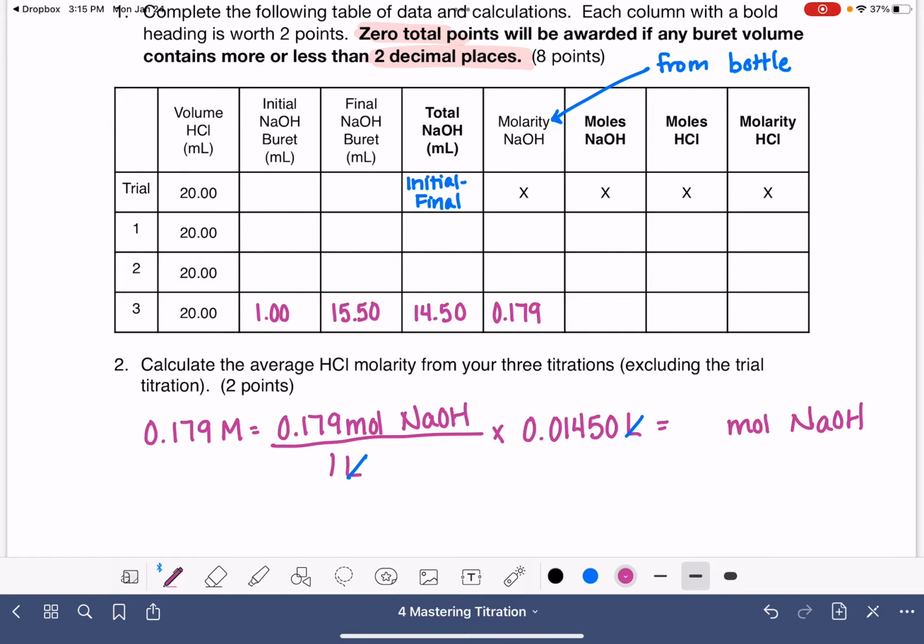So I'm going to take this hypothetical data and get a number for this, and then we'll move on to the next part. 0.179 times 0.0145 gives me moles of NaOH of 0.00260. Now for the moles of HCl, to get that number, we need to do a mole relationship between NaOH